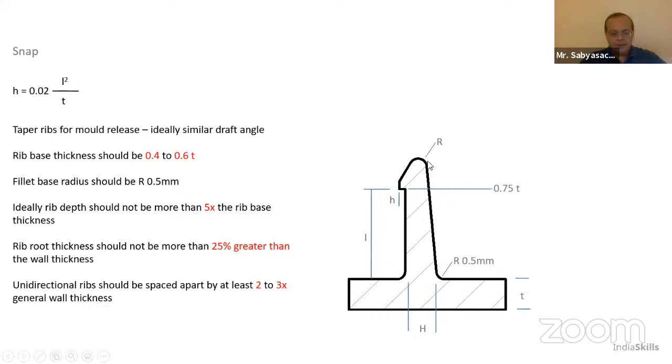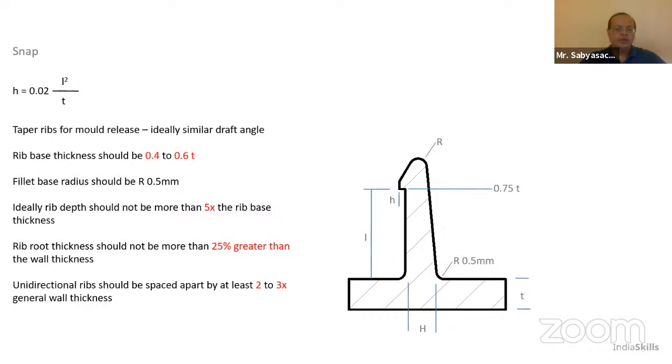There's a certain taper that happens, and once you apply this formula, you get a fair idea about what your snap dimensions should be. I'm also going to try and see whether you can access these things later on. So this is just to familiarize you with the details that are important